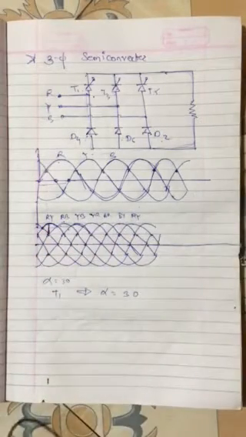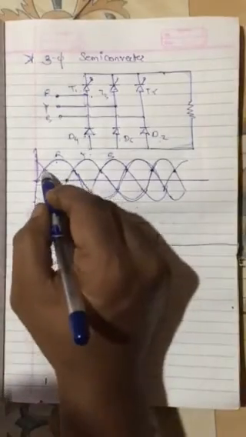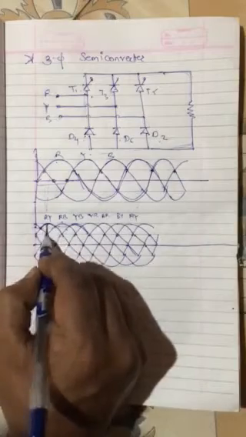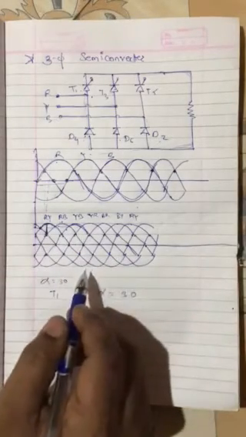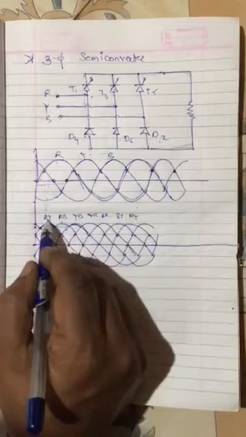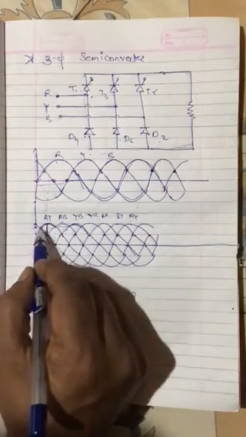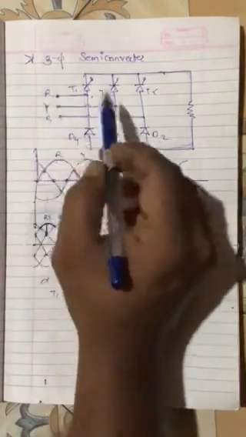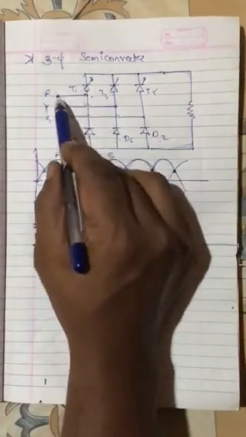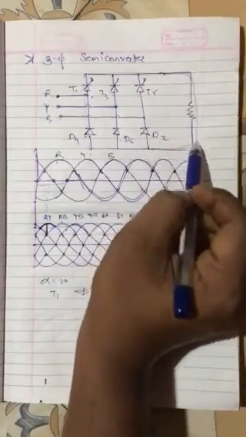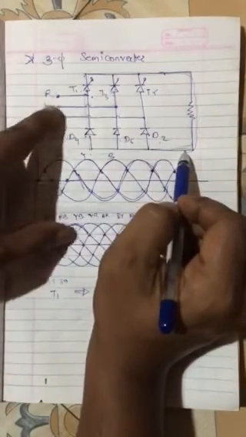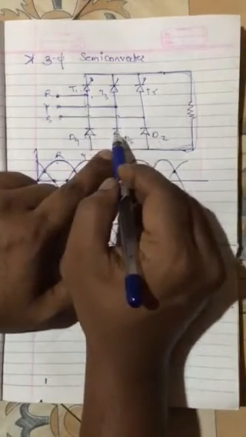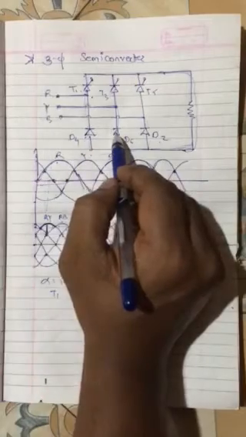Just a minute, there is a problem in synchronization, it should be like this. So T1 started from here, and you can show even the firing pulses. When T1 started from here, we can see that the RY phase is at its positive peak, just be careful. RY means R and Y. We have given the firing pulse to T1, so the waveform will start from here, and as RY phase is there, for Y we can see D6 will come into the picture. D6 will become forward biased, this is a very important point.